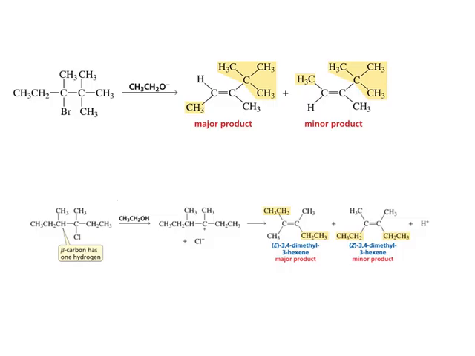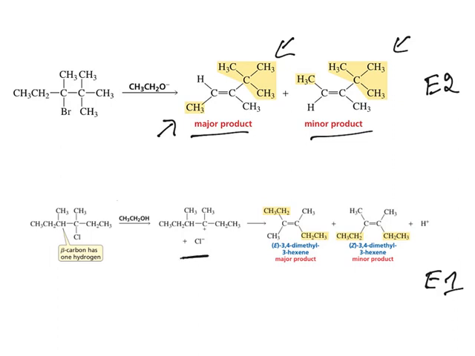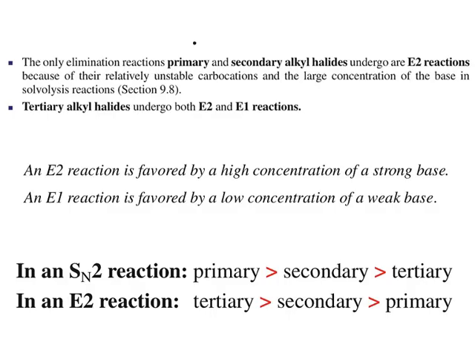Both E2 and E1 show stereoselectivity. This one is E2, whereas this one is E1. Look at them. The bulky groups on the opposite side give the major product. On the same side, steric hindrance, this is the minor product. Whereas in E1, wherein you see formation of a carbocation, again the bulky group on the opposite side is the major product. On the same side, it is a minor product. A very simple thing. Now, the important points.